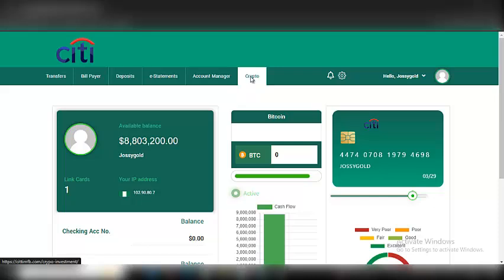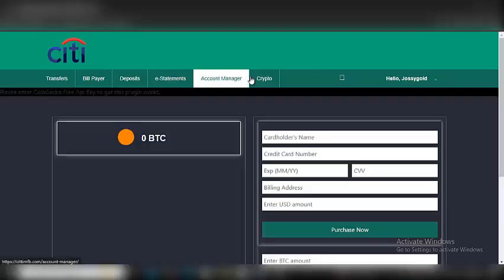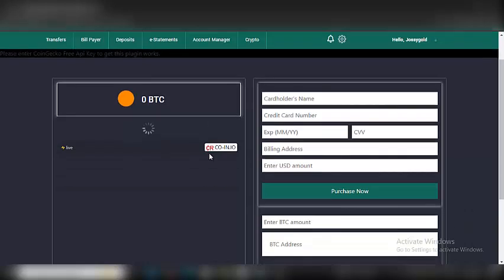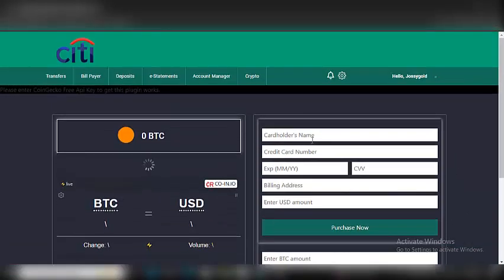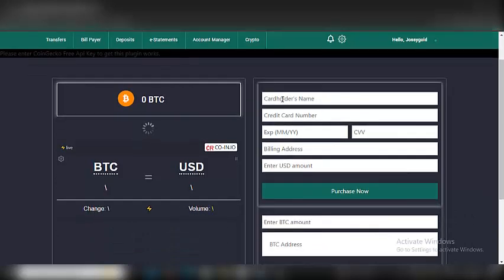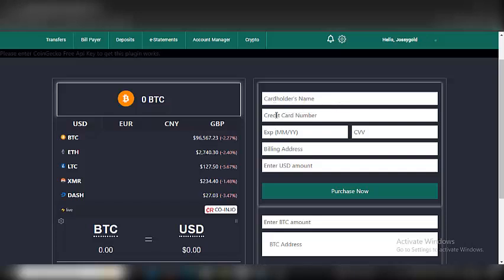Then we have crypto there. Now the crypto helps to convert the BTC rate to normal USDT, right? And you can even buy coins, like with your balance you can buy coins online. So you just put your card information, your card holder name, your credit card number, right, then the expiry date and the CVV, and our virtual card has all of this. So the amounts you want to enter,